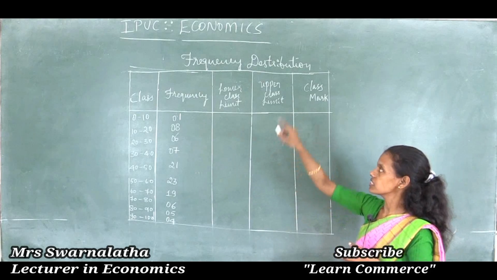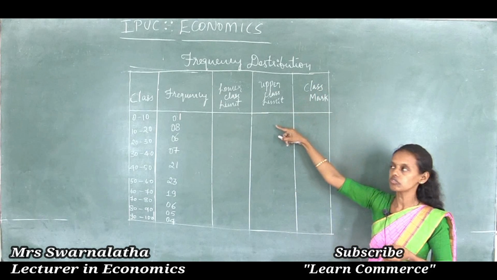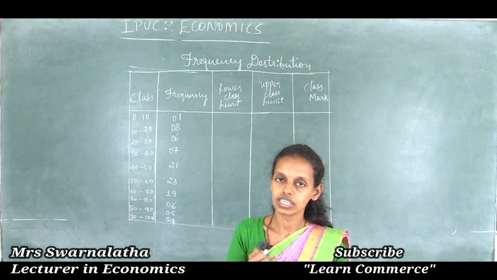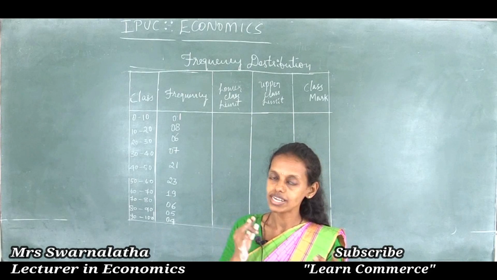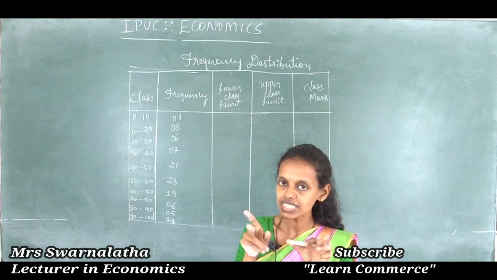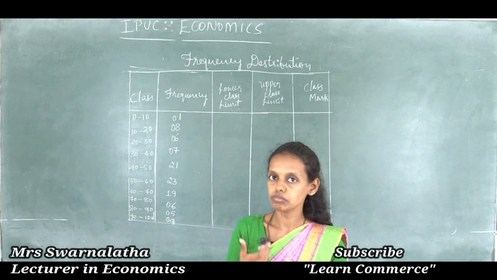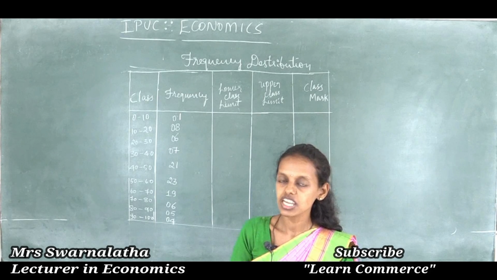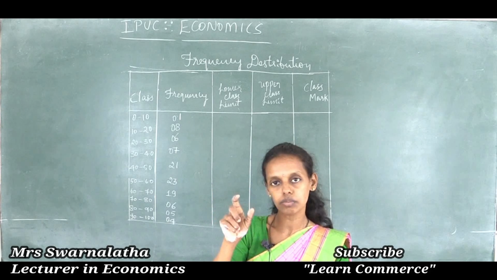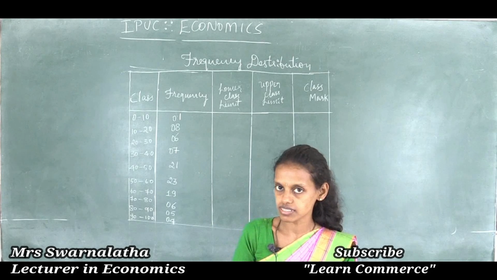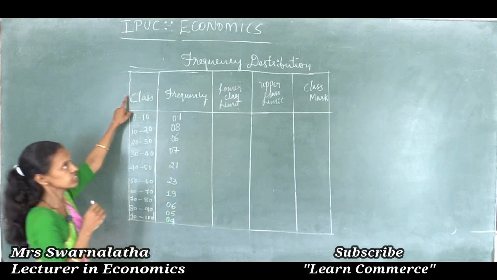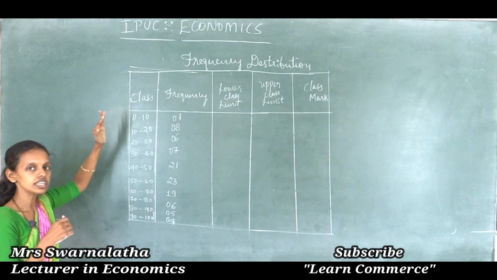In frequency distribution, we are going to study what is a class, what is a class interval, and the two ends of a class interval are said to be the class limits. Remember, I also explained class width, upper class limit, lower class limit, and how to find the class mark or midpoint in the previous class. So let us see how to obtain the frequency curve through the frequency distribution.